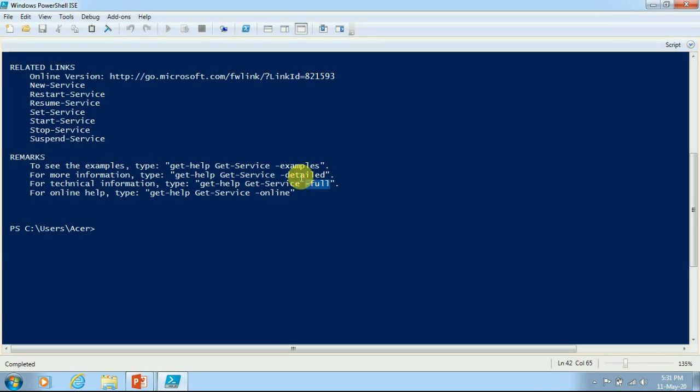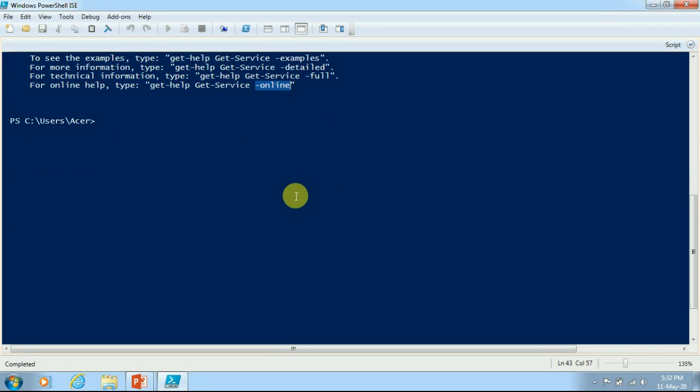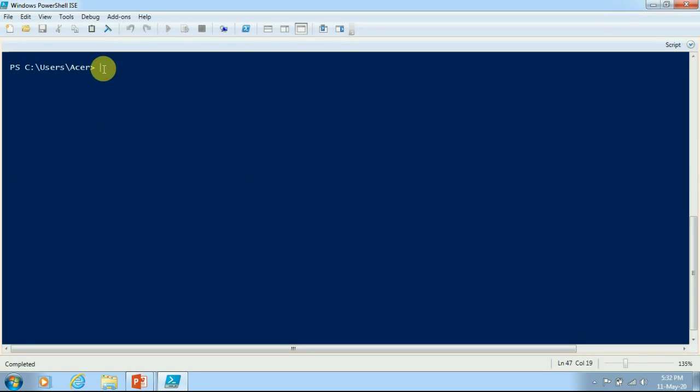There is a little difference between the default information, detailed information and full information. By default we will not get everything, including examples, input, output and other things. But if I pass detailed or full, then we will get some more information related to the particular cmdlet. And if we want to check the same information online, then we will have to pass the parameter called online. So this is how we can explore any cmdlet using Get-Help.